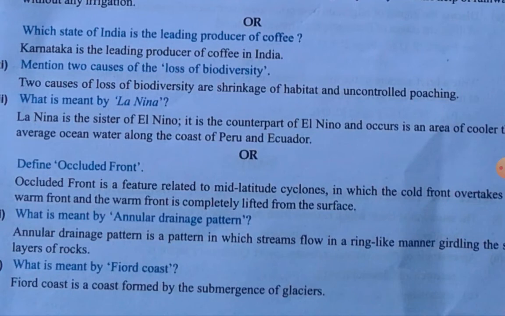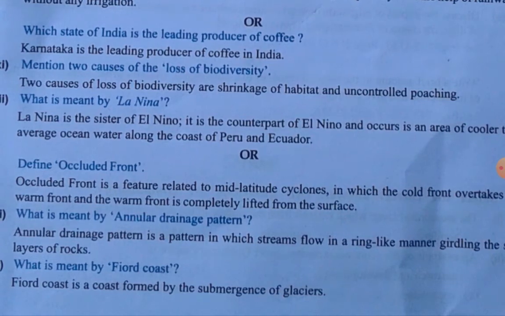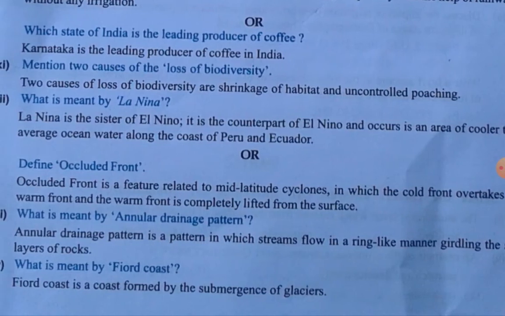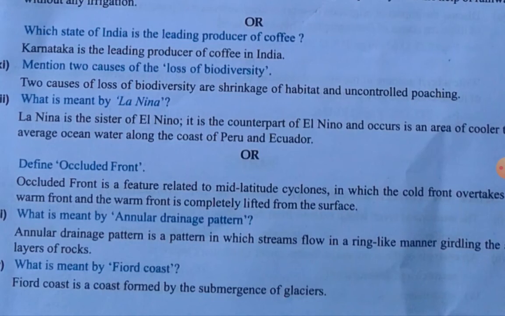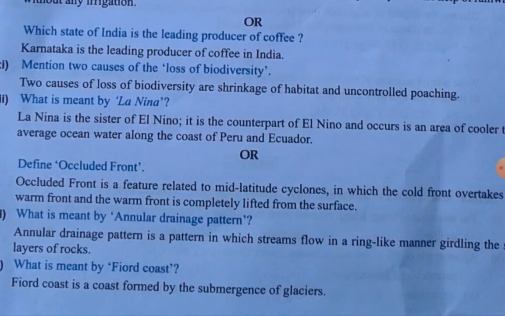Define occluded front. Occluded front is a feature related to the mid-latitude cyclone in which the cold front overtakes the warm front and the warm front is completely lifted from the surface. What is meant by annular drainage pattern? Annular drainage pattern is a pattern in which streams flow in a ring-like manner, drilling in the layer of rocks. What is meant by flood coast? Flood coast is a coast formed by